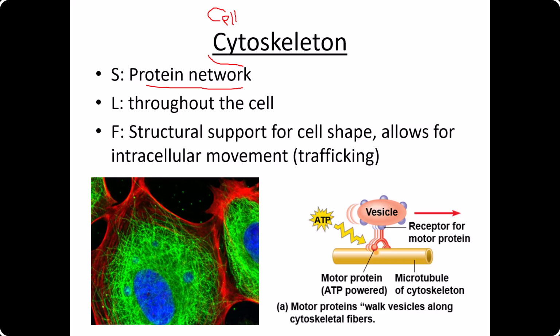or intracellular trafficking. So there's these protein filaments that are, in this case, this one's a microtubule, that act almost like a train track, and these motor proteins help bring vesicles along different tracks in the cytoskeleton. So they can move material in these little membranous sacs called vesicles from one area of the cell